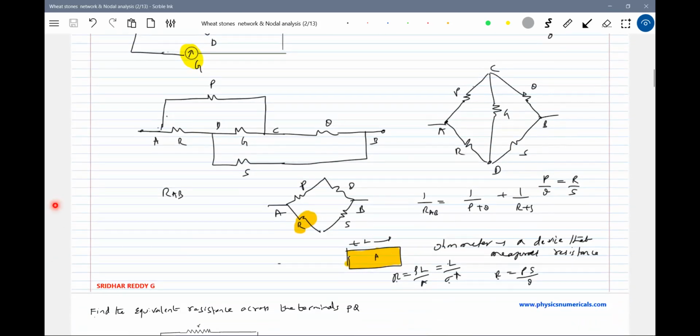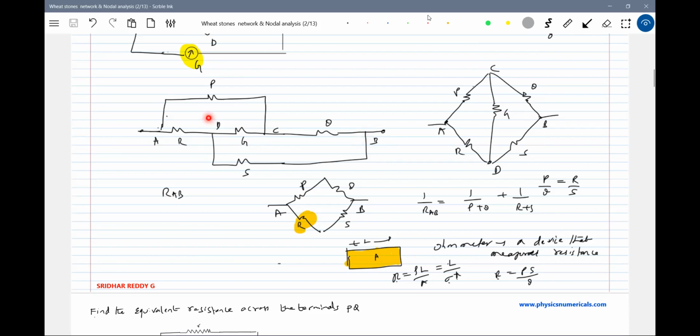Okay, now other forms of Wheatstone network. If you have it like this, here R is the unknown thing. This is some resistance you can pick up here. Now look at this. This is a network. I'm asking you to find the effective resistance RAB. That was my question. How to find out here? How to find out that one?